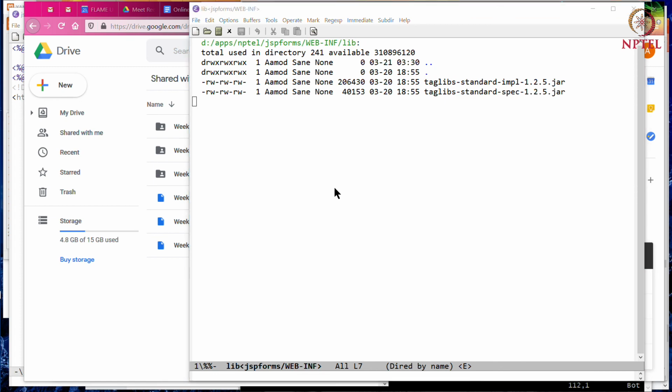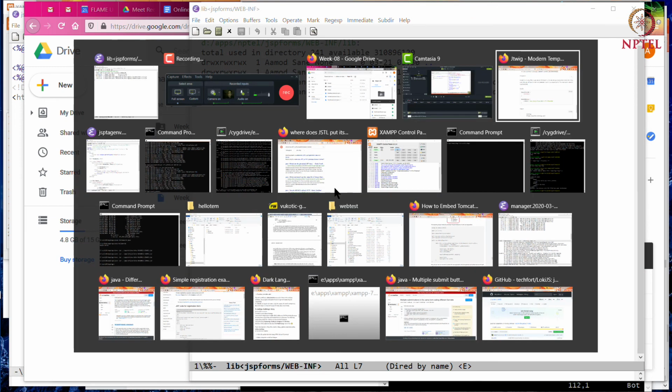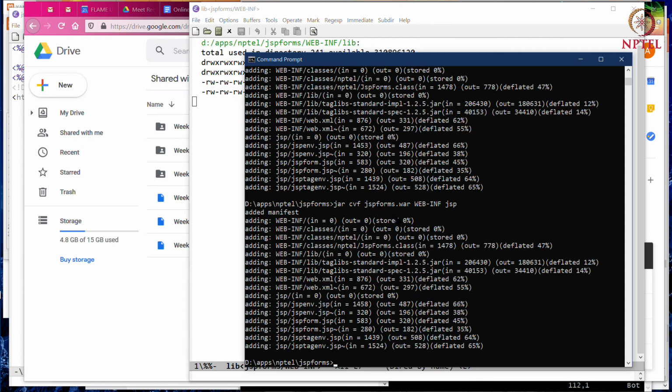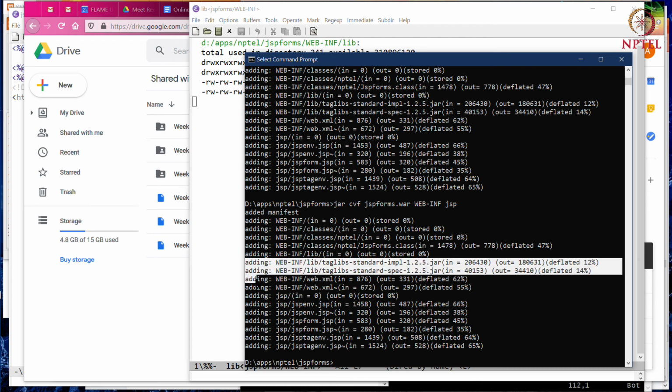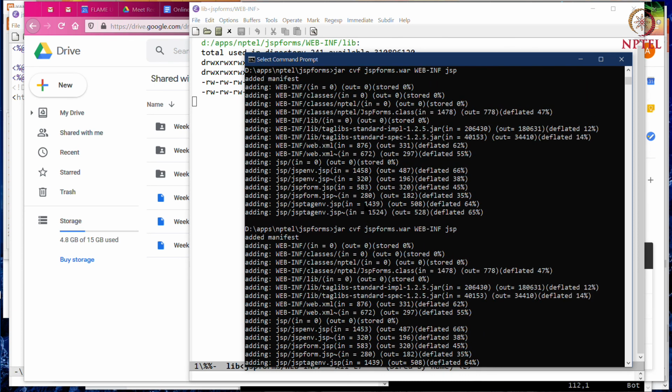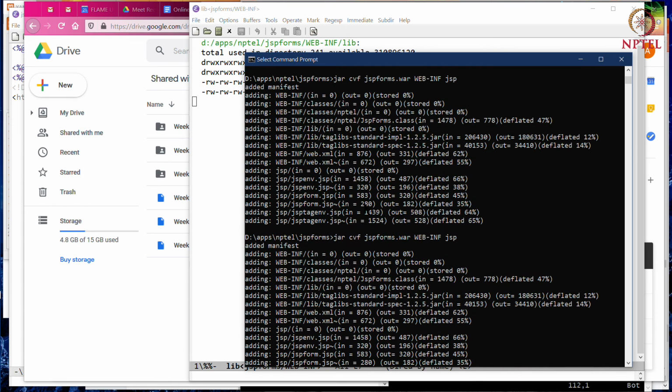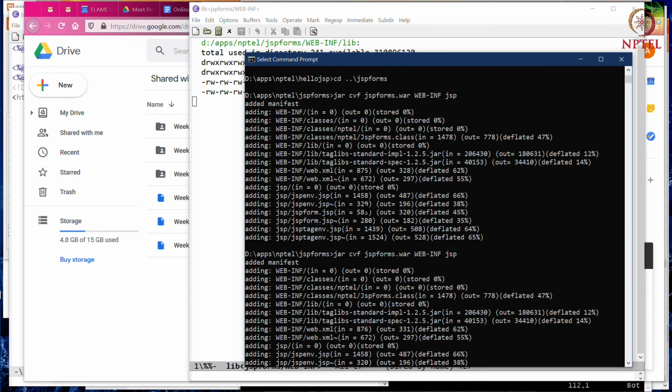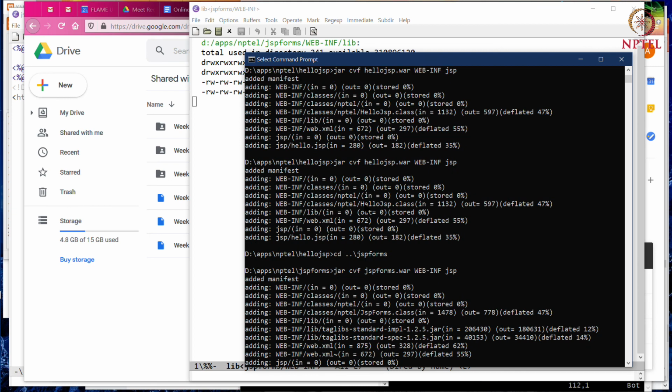And when you create the war file, WEB-INF also contains the lib. So lib only shows up in this case if you compare with any of the earlier ones, such as here.